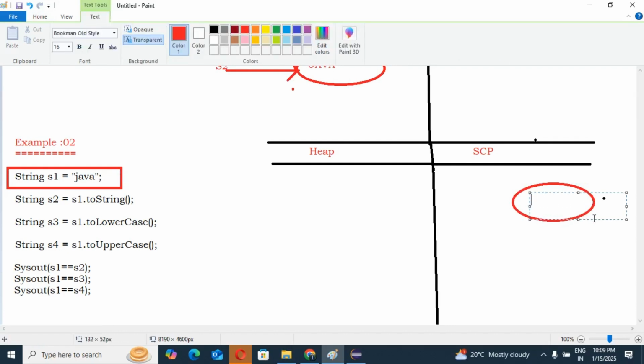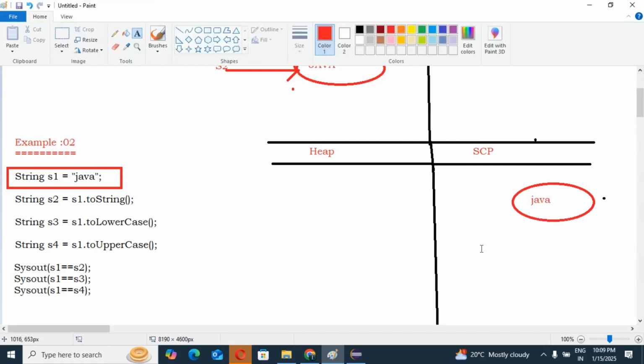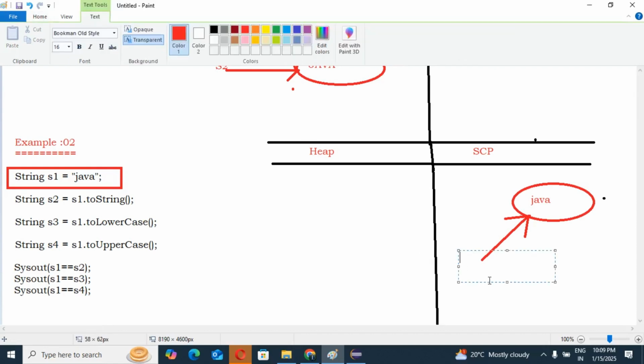The object is pointed to by s1. Any doubt? No, guys, very simple. s1 points to it. Good, we have done the first.